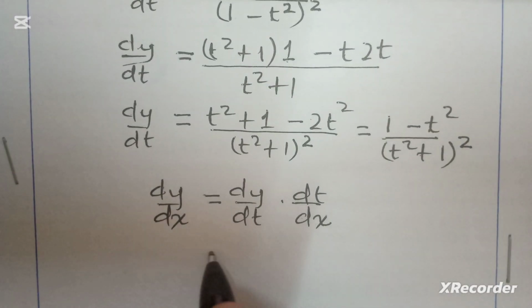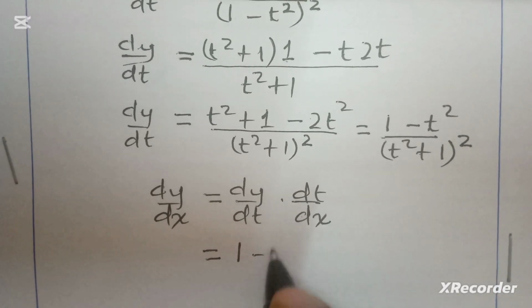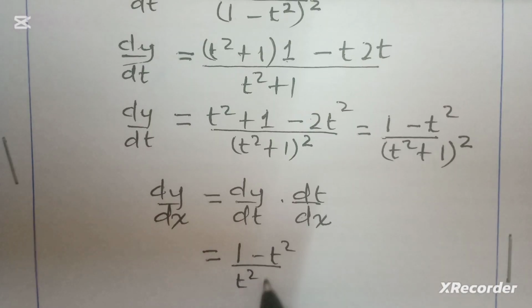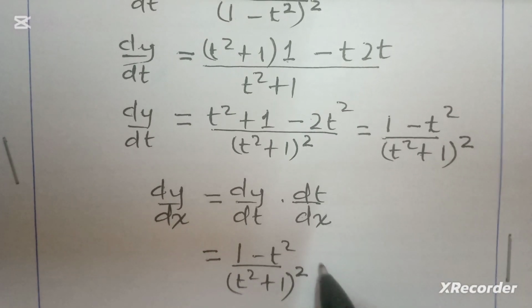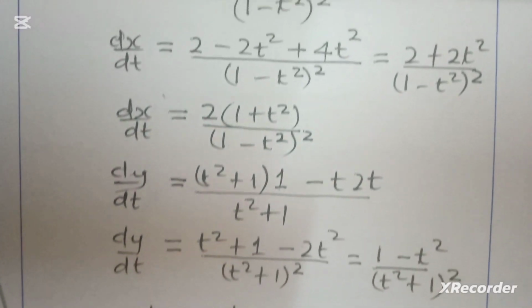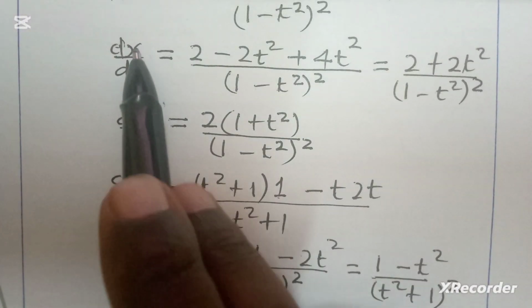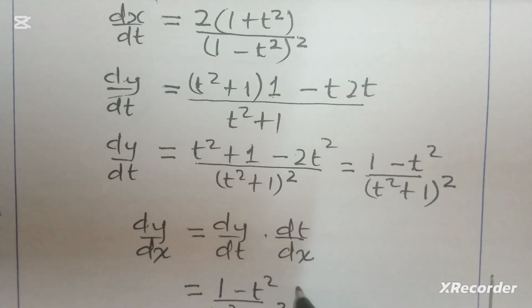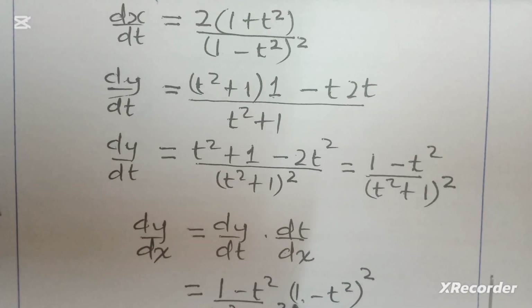For the dy dt, we have here 1 minus t squared all over t squared plus 1 squared. For dt dx, we have the reciprocal of this, guys, the reciprocal. So that is 1 minus t squared squared all over